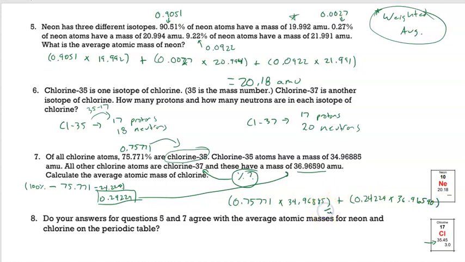And I'm going to get 35.4527. All right. So up here I got 20.18. Down here I got